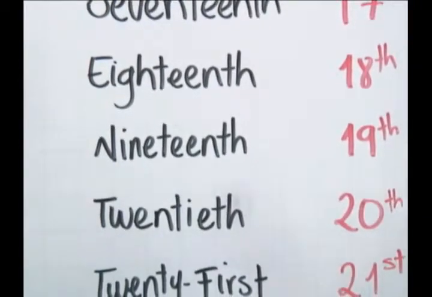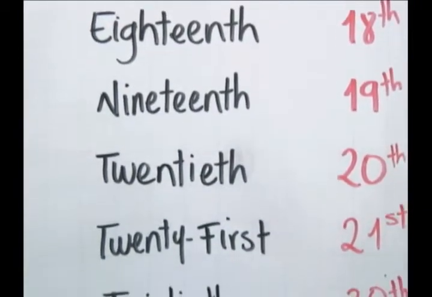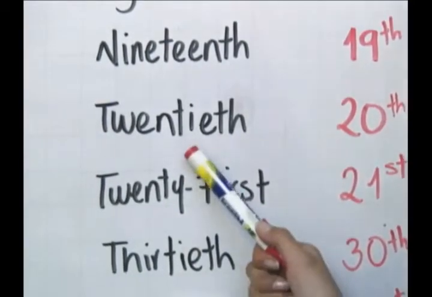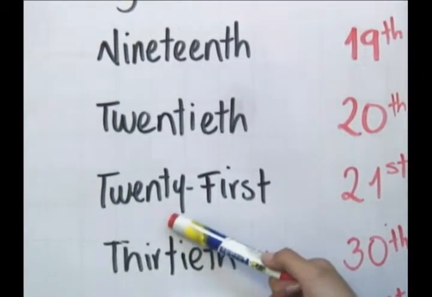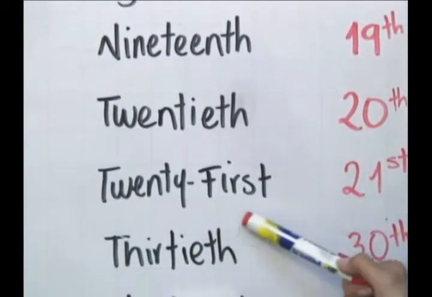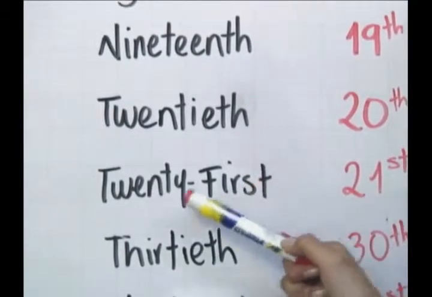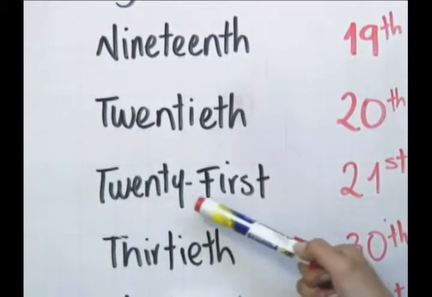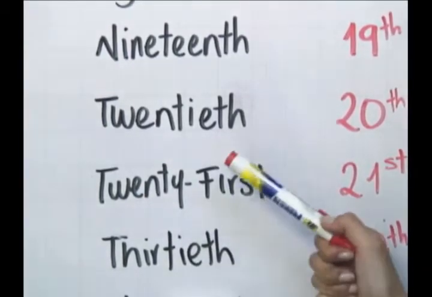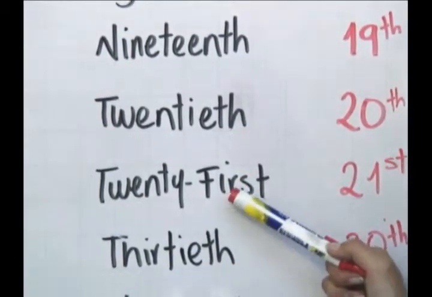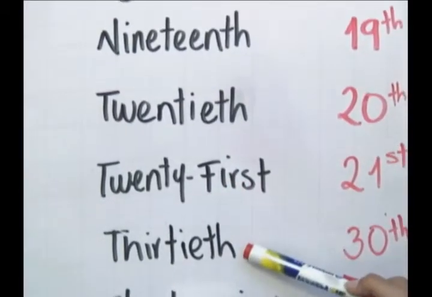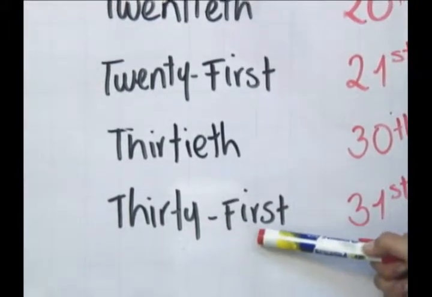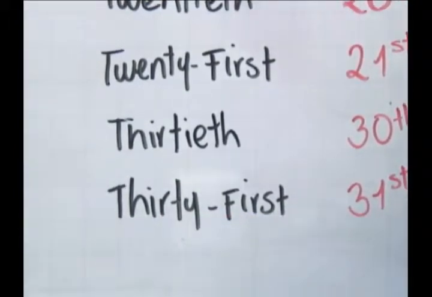How do we form the bigger numbers? So remember, how did you do it with the cardinal ones? You write the first number, 20 in this case, and then the number in order to form it. For example, this is 21, but in ordinal numbers we say 21st, 22nd, 23rd, and so on. 30th, we have 31st, 32nd, 33rd, and so on.